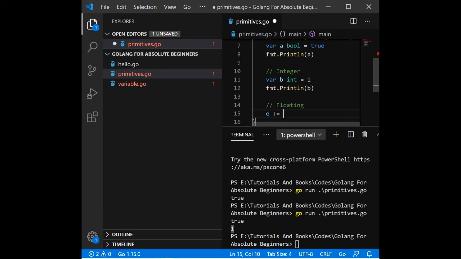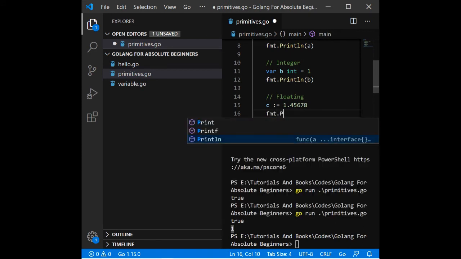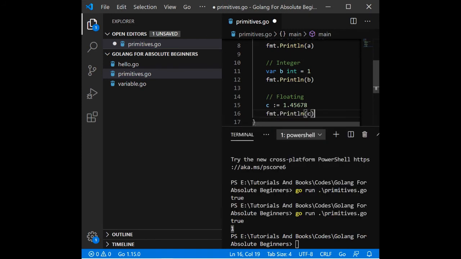That was the third way. So I am directly creating a variable c of floating point and assigning it a floating point value. So it will act as a floating point type. We don't need to declare the type at this point because we have created a dynamic type c variable.